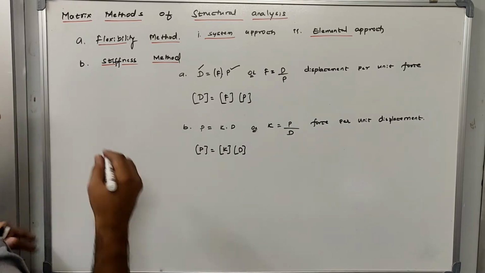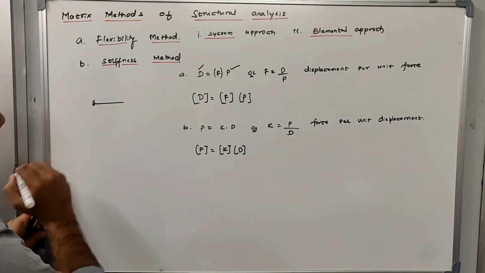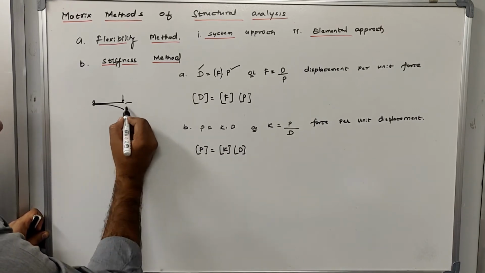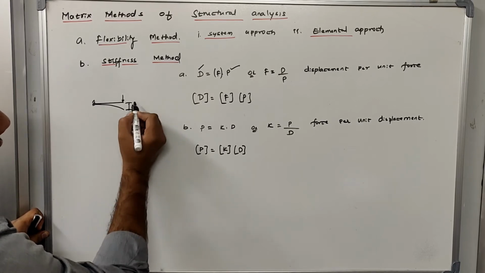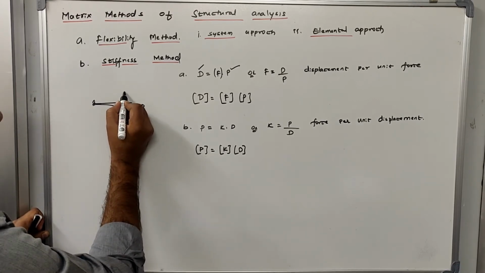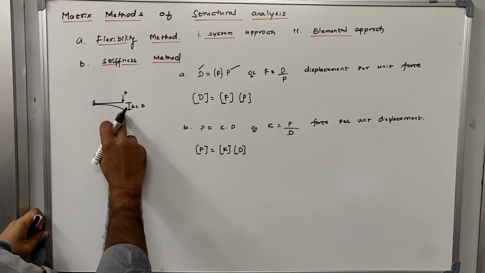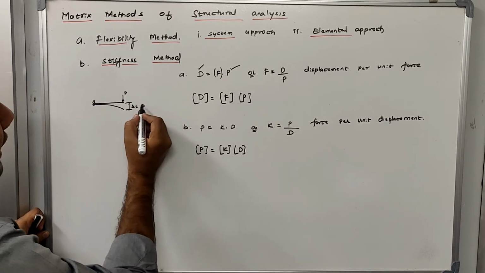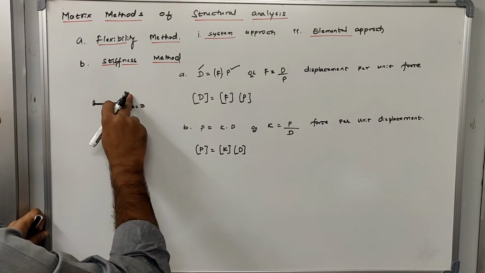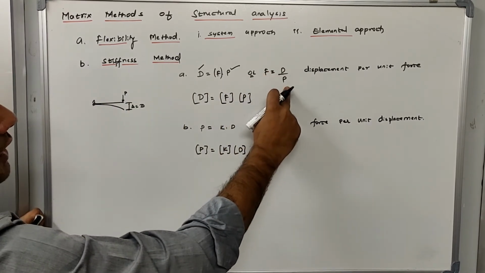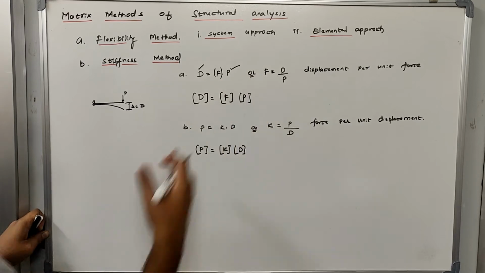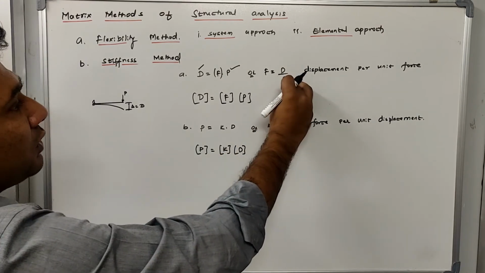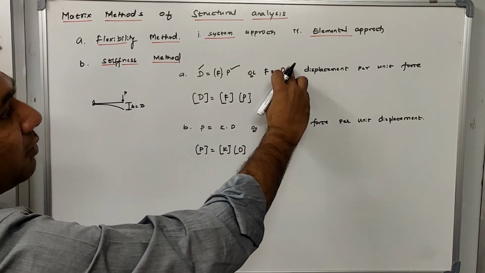Now I'll give you an example. If there is a cantilever beam like this, and I apply a force in this direction, it will translate. Let us call this translation delta. Delta is nothing but your displacement. This is your force. So if I have to tell you the flexibility of this element, I have to take the ratio of D, which is displacement, divided by P. So F equals D by P. This will give you how flexible any given element is. The force is a unit force and you are trying to determine the displacement.